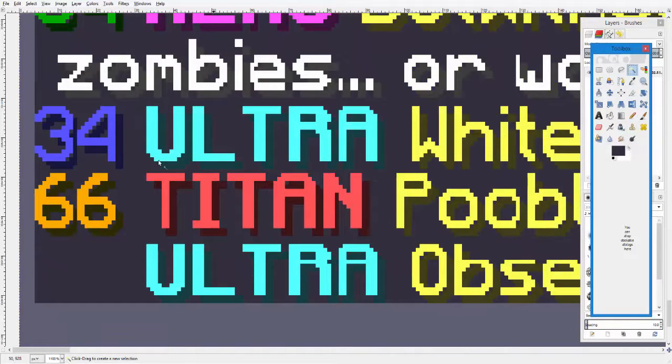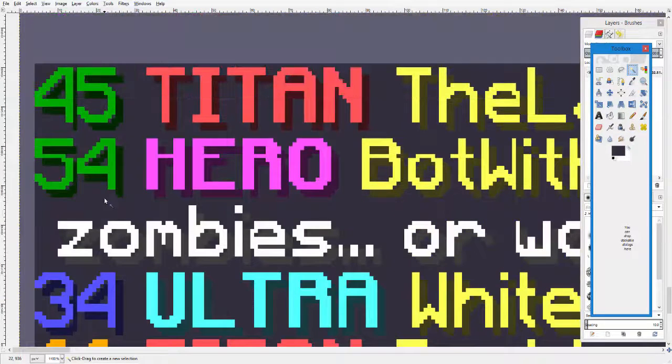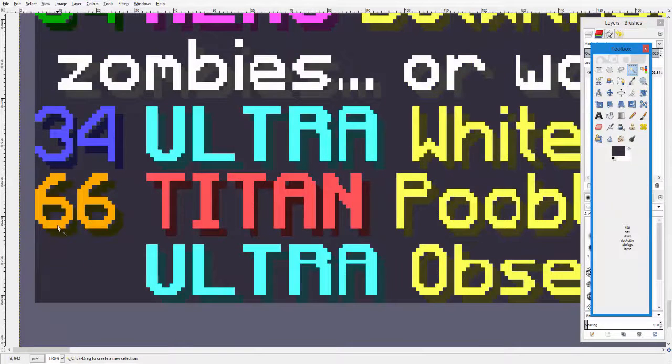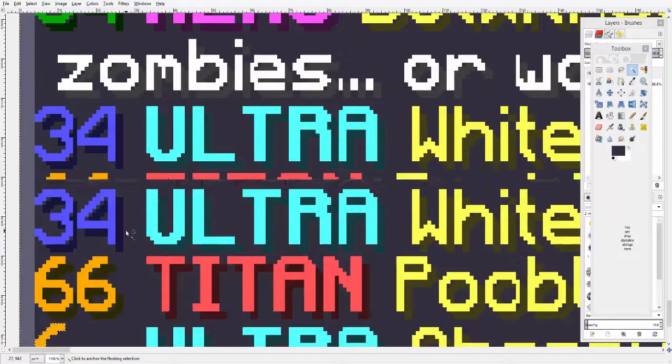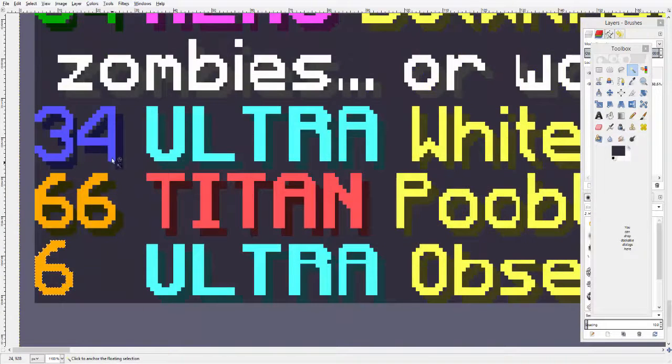Now, it's easy if you already have the numbers in the chat box, like I do here. But if you don't, you're going to have to type it into chat, otherwise you'd have to do it by hand, which takes a little bit. So I'm going to copy, paste it right on top of it, and then move the 6 down here. Alright. Well, I said 64. Okay, then I'm going to take this 4 here, copy, paste it, move it right down here next to this. Make sure to line it up where the other one is too,